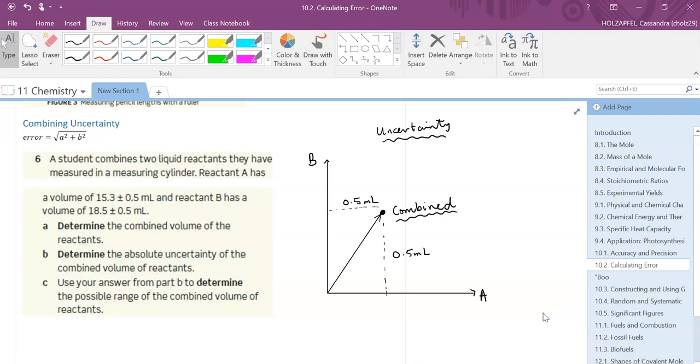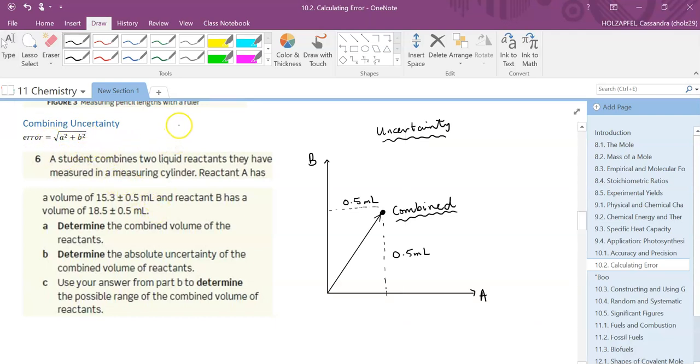So an example of this might be that your ruler, like I know a lot of you don't have the 30 centimeter rulers, you've only got the 15 centimeter rulers, so then you would have to do the measurement twice. And because you would have to do the measurement twice, you've effectively incorporated two lots of uncertainty into your actual measurement. So what we do when we're adding these uncertainties, we're going to use a variation of Pythagoras' theorem.